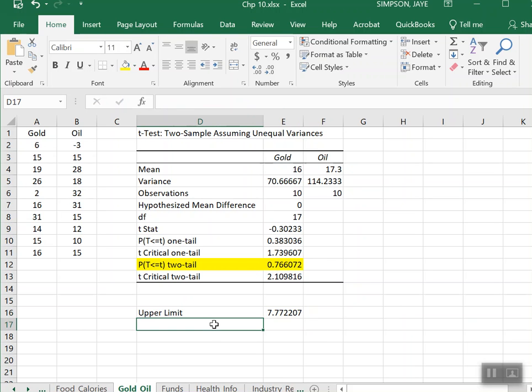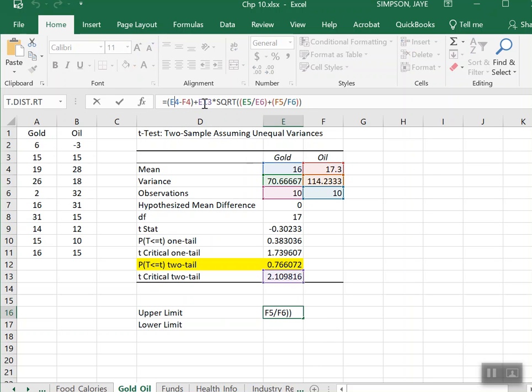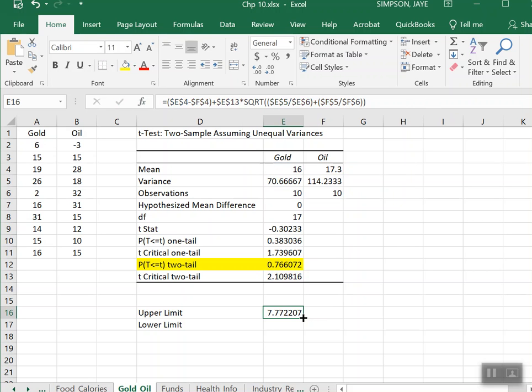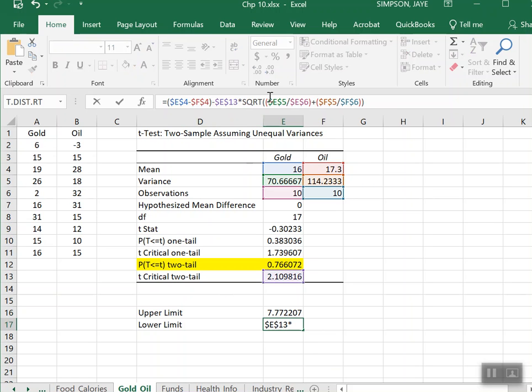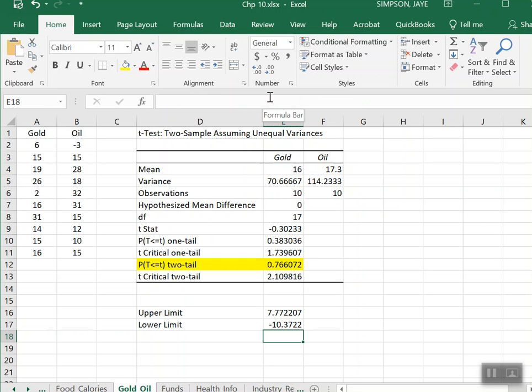7.772077. Now to calculate the lower limit of my confidence interval, it's the exact same formula, except I want to subtract instead of add here. So I'm going to press F4 all the way through for every cell reference so that when I drag, the cell references won't change. Right, so now I'm just going to drag the formula down, and in the lower limit formula, I'm going to go up and change this plus sign to a minus sign, the one right between the difference in the means and the multiplication of the t-statistic by the square root. And so I get my lower limit of negative